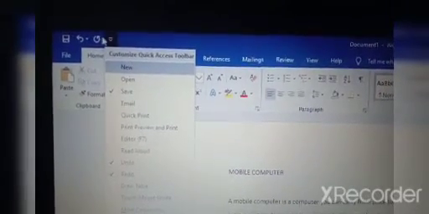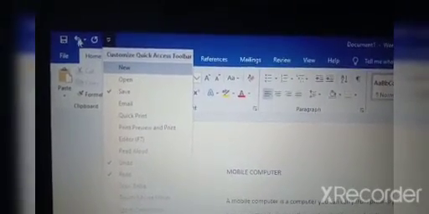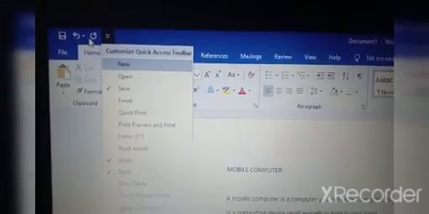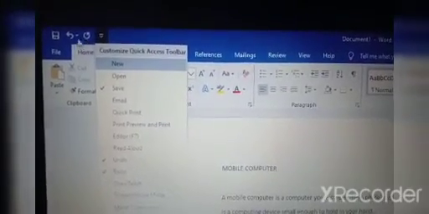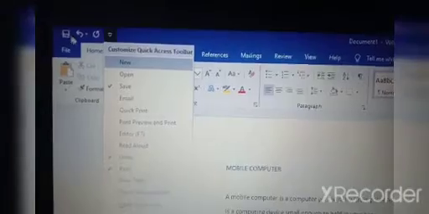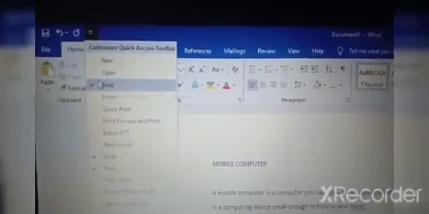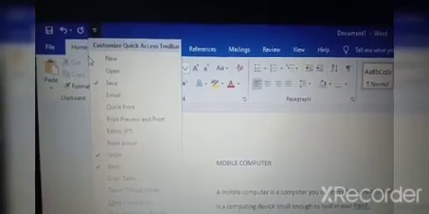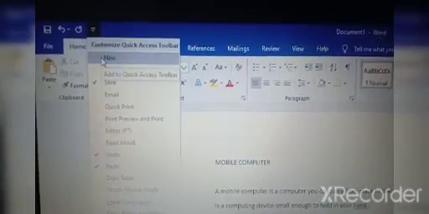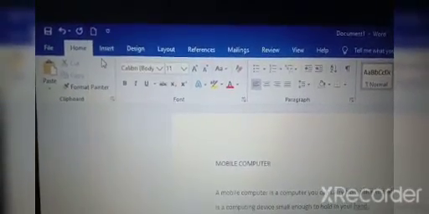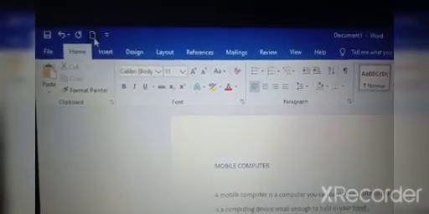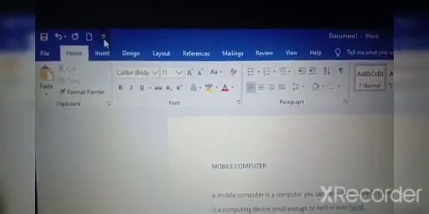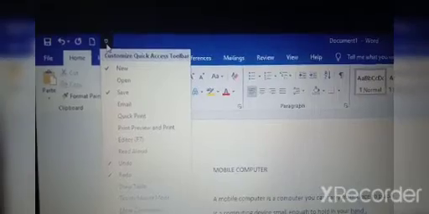This is the bar. On this we have the redo command, undo command, and the save command. Those commands are there on the quick access toolbar. You just click on this new command, and it will come on the quick access toolbar. You can see here, this is called adding commands to the quick access toolbar.